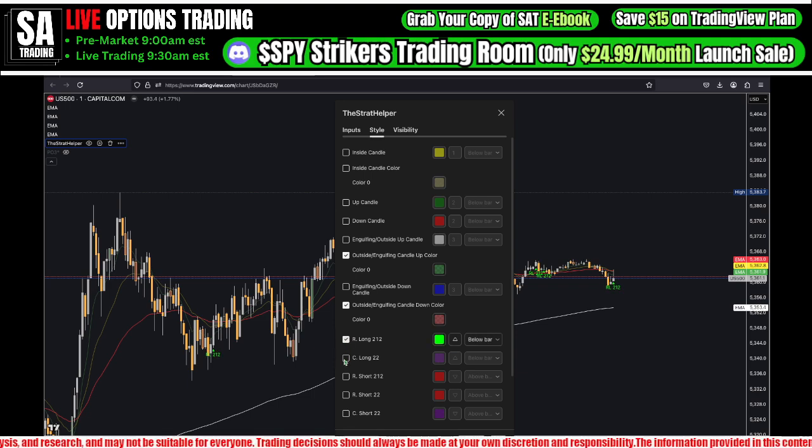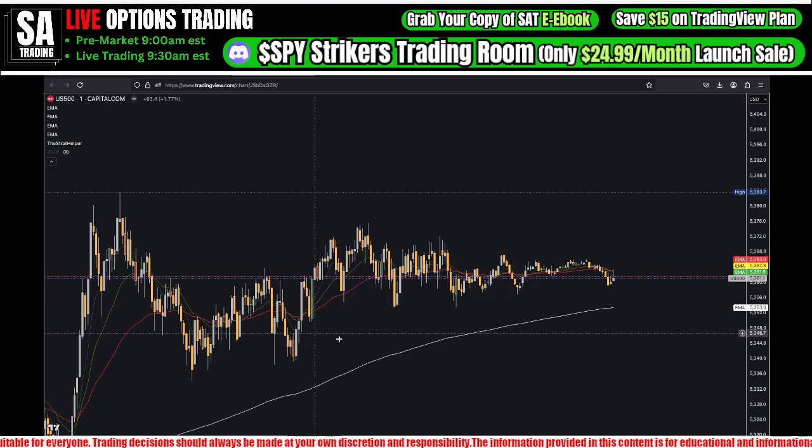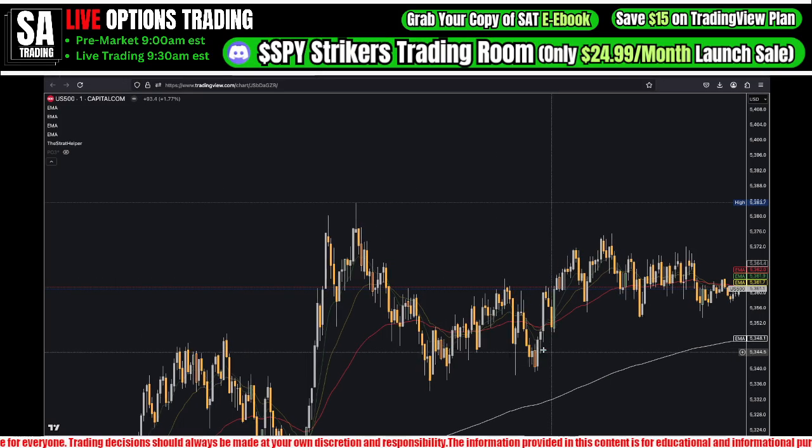I don't need to put all these things on because I already know how to identify it just by paying attention to price long enough. I can already identify what's going on. But this is another very cool indicator, and I use it just to show me or to highlight areas on